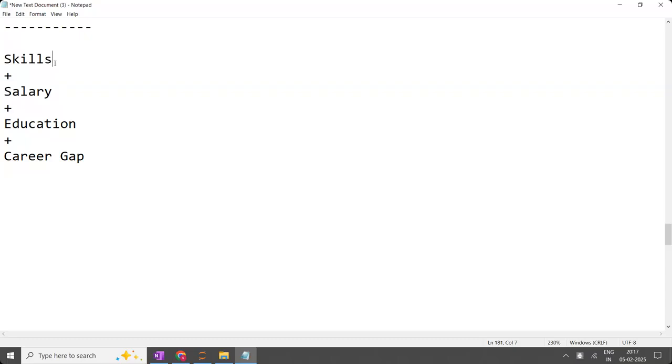Is the point clear? That is campus. In the campus, since these two are the same, people ask, sir, I'm from non-IT, will I get a job or not? You are getting that doubt because you have seen in your college who had the IT jobs and that there were no jobs for non-IT. Because at that time, the salary and the skills are the same for every person. That is the reason. Now here, that question is not there.